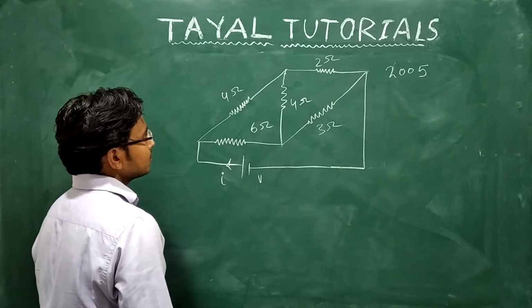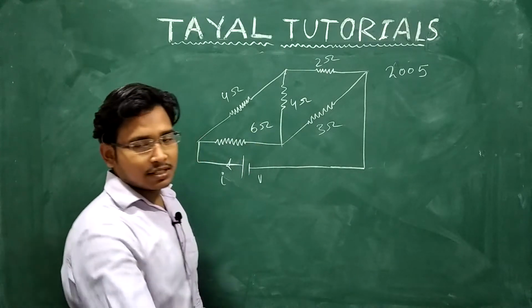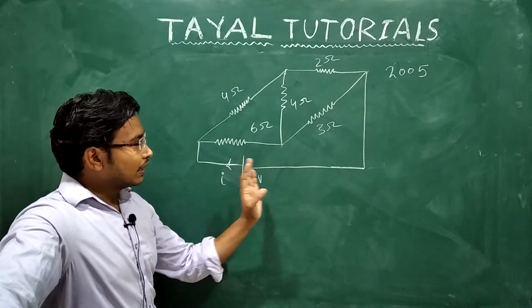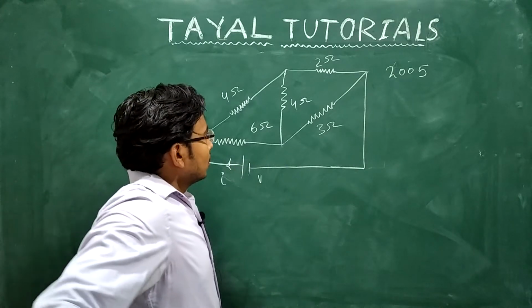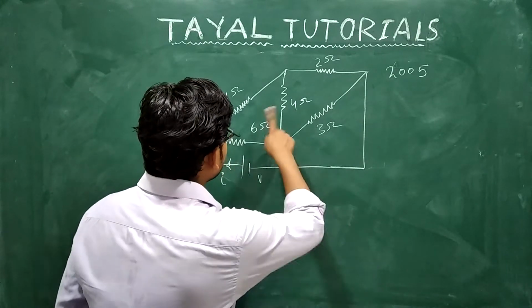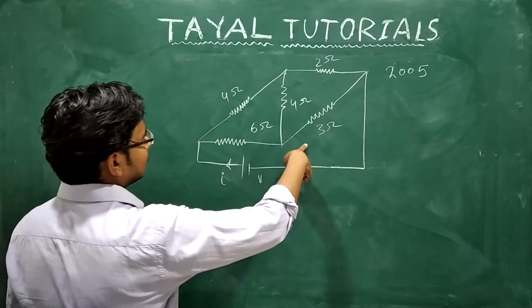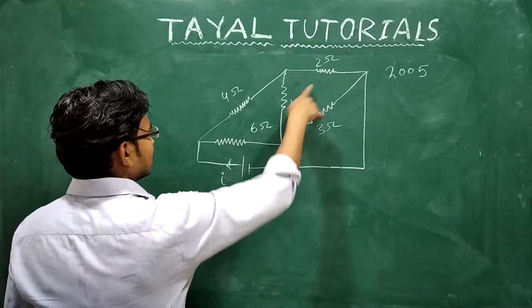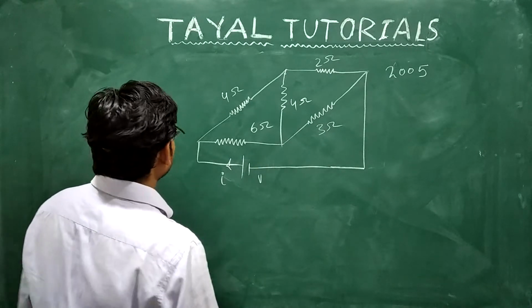To be a Wheatstone bridge, these are the structure. It is not necessary that the structure should be in that way. They can give a complicated example, and you have to draw it that way. For the bridge to be balanced, the opposite arm resistances must be equal. Let's see, if this is R1, this is R2, this is R3 and R4, if the product of these two opposite arm resistances is equal to the product of these two opposite arm resistances, then the bridge is said to be in balanced condition.